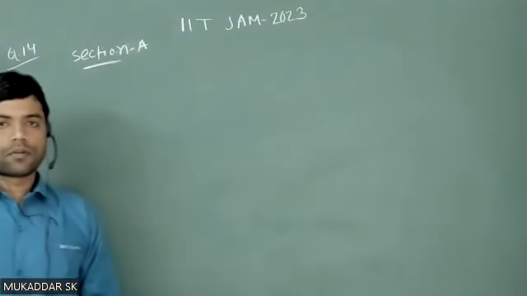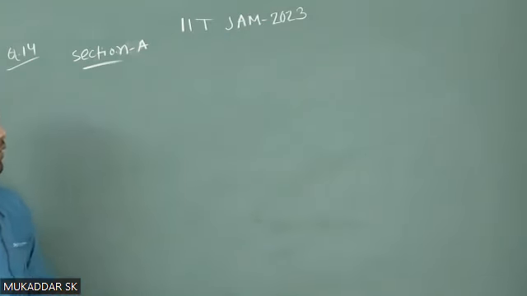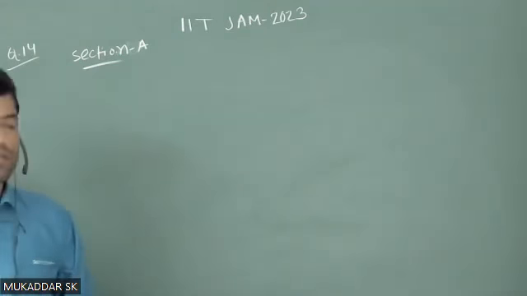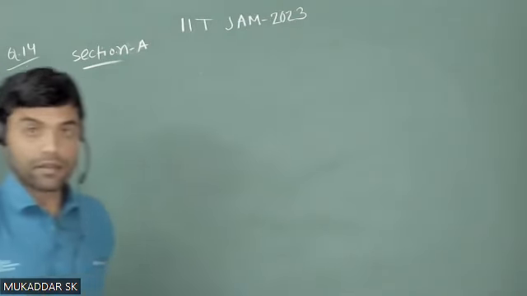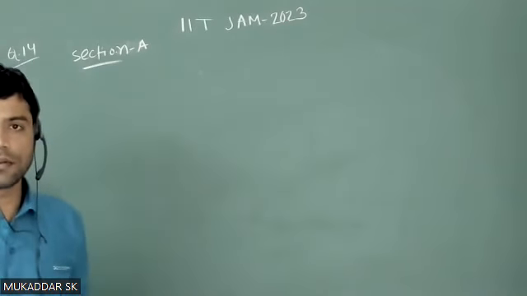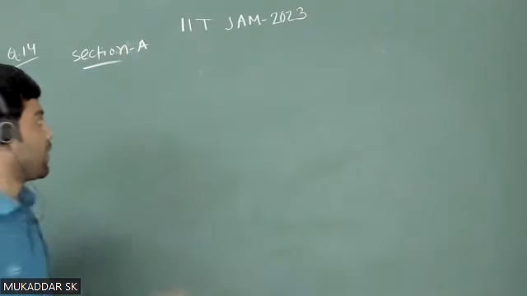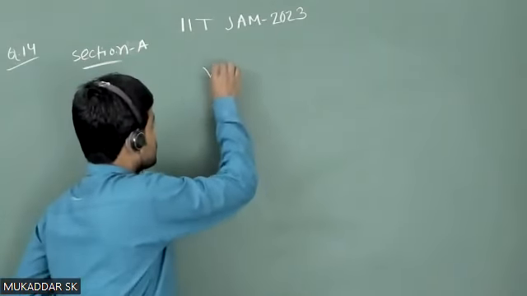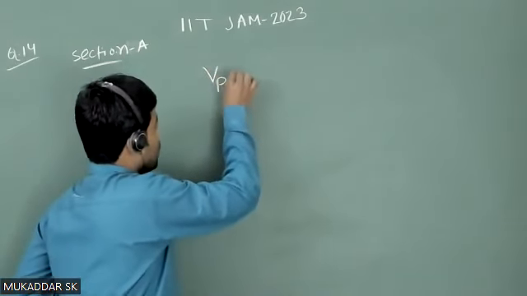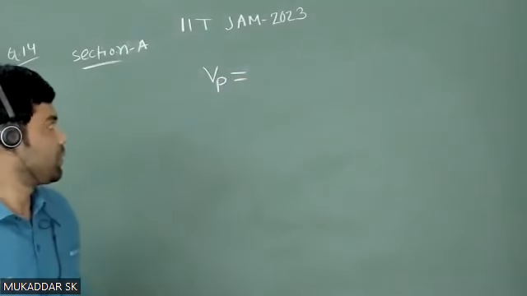Let us solve one more problem from IIT JAM 2023, Section A, question number 14, and this question is basically from waves in modern physics. In that question it is given that the phase velocity of a transverse wave in a one-dimensional crystal is given, Vp equals